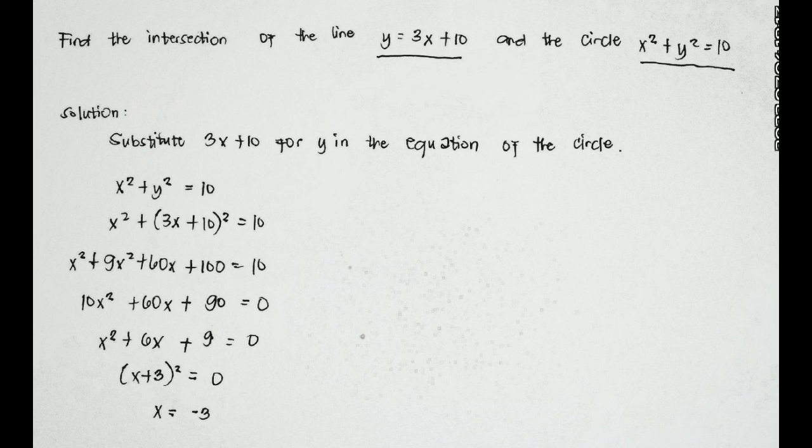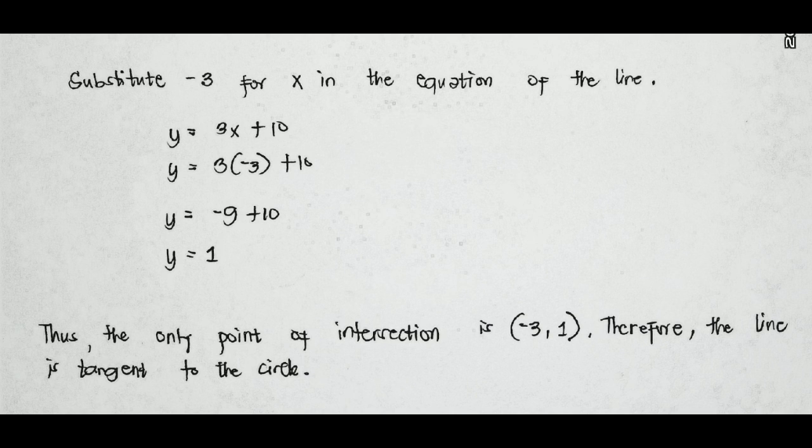Then we are going to find the factor of x squared plus 6x plus 9. So the answer is (x plus 3) squared is equal to 0. So our x is equal to negative 3. It becomes negative 3 because we transpose the positive 3, which is in this equation. The next step is to substitute the negative 3 for x in the equation of the line. So our y is equal to 3x plus 10, and the value of our x is negative 3,